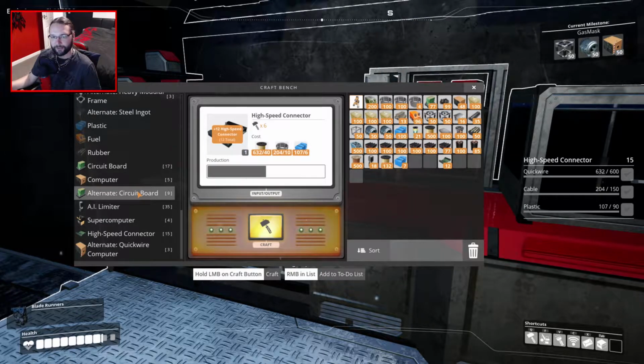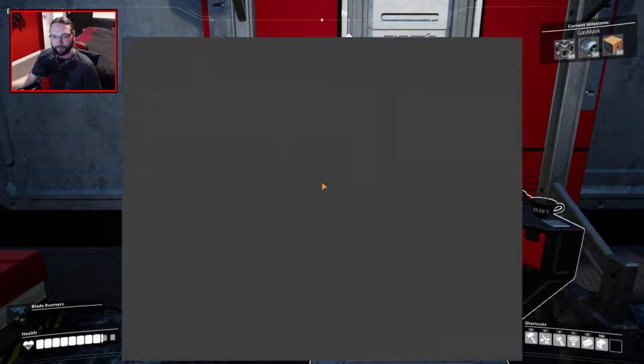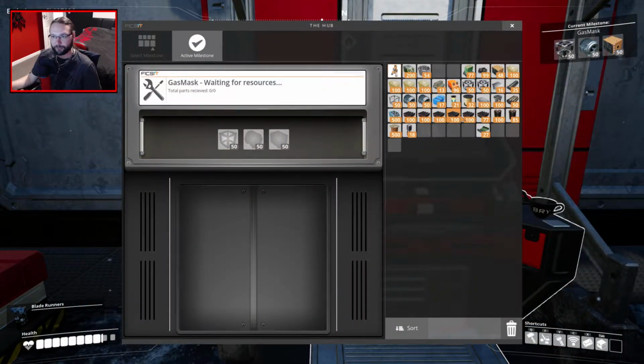I'm fairly sure we need computers as well for the supercomputers, but we can just go and grab those. It's all happy days. Oh yeah, we got the jetpack last episode as well, and that reminds me, when I've built these, I need to turn around and chuck everything into the hub, because we can unlock our gas masks. There we go, that's all I need, and let's chuck you in there, and you in there, and...